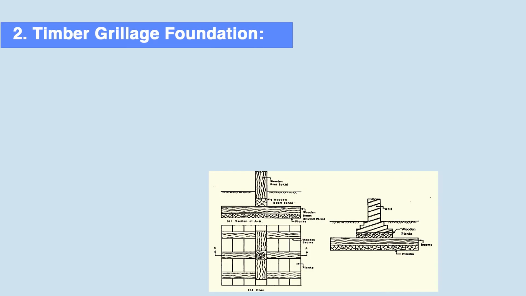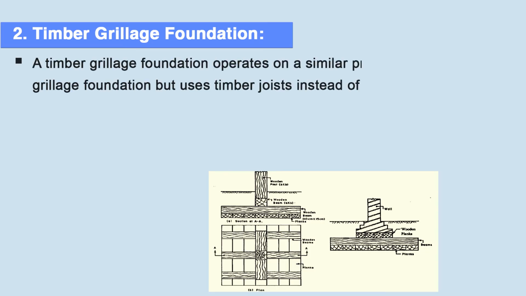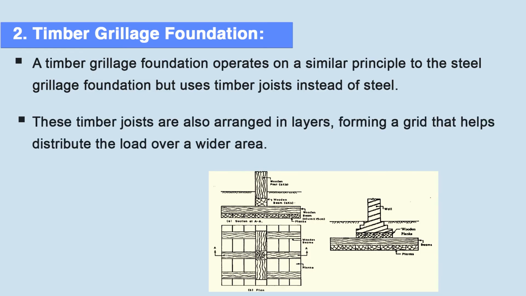Next is timber grillage foundation. A timber grillage foundation operates on a similar principle to the steel grillage foundation, but uses timber joists instead of steel. These timber joists are also arranged in layers, forming a grid that helps distribute the load over a wider